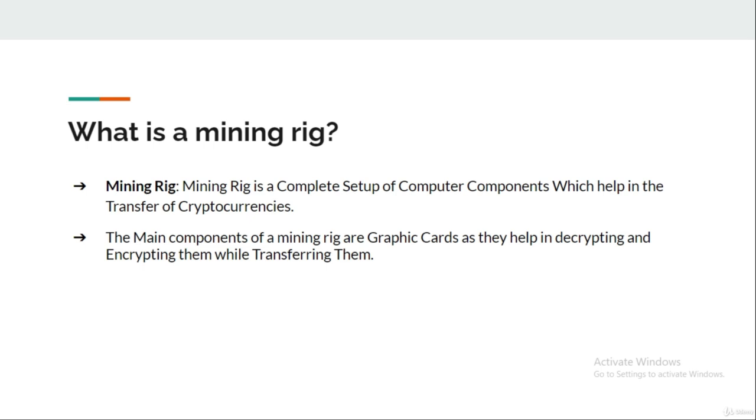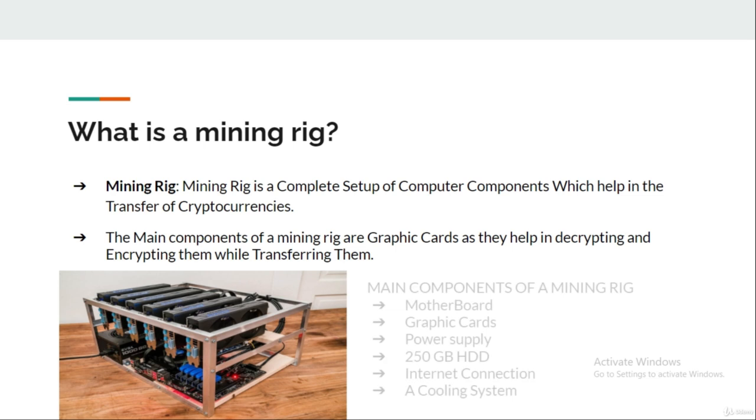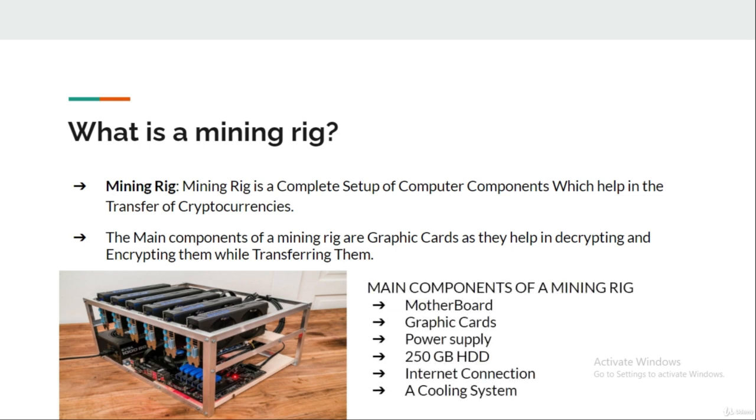Let's see a rig and identify parts using it. So here is a mining rig. The productivity of a mining rig depends on the number of graphic cards attached to it. So here are the main components required for developing a mining rig. Motherboard, but it should have the capability of linking to a number of connections for graphic cards. Graphic cards, of course, power supply, 250 GB HDD,